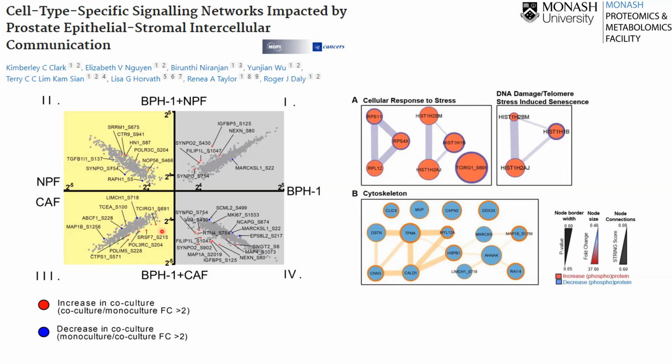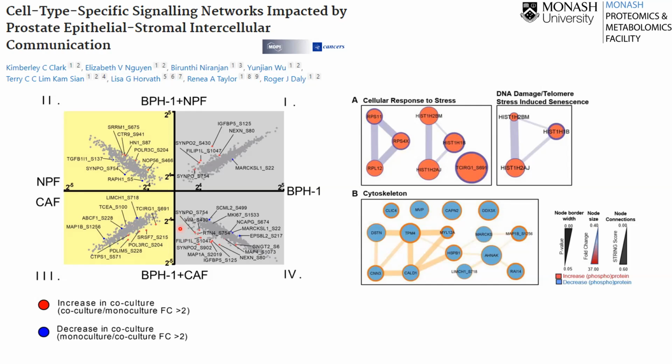I won't go into much detail on the method, but in a nutshell, each cell type has been stained with a different label and then mixed in a co-culture and allowed to grow and interact together. But because they have a different label, we can tell which protein is coming from which cell type by mass spectrometry, and therefore can measure the different changes that are cell type specific, even if they are in co-culture.